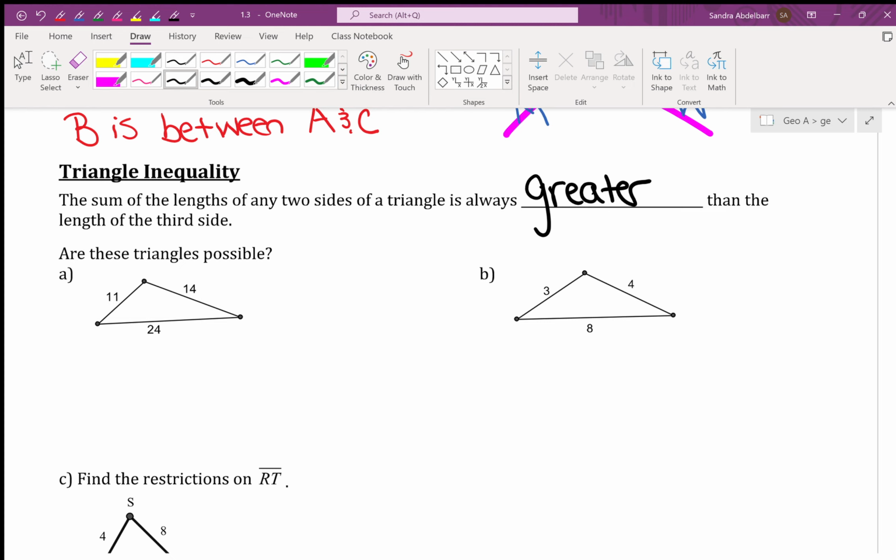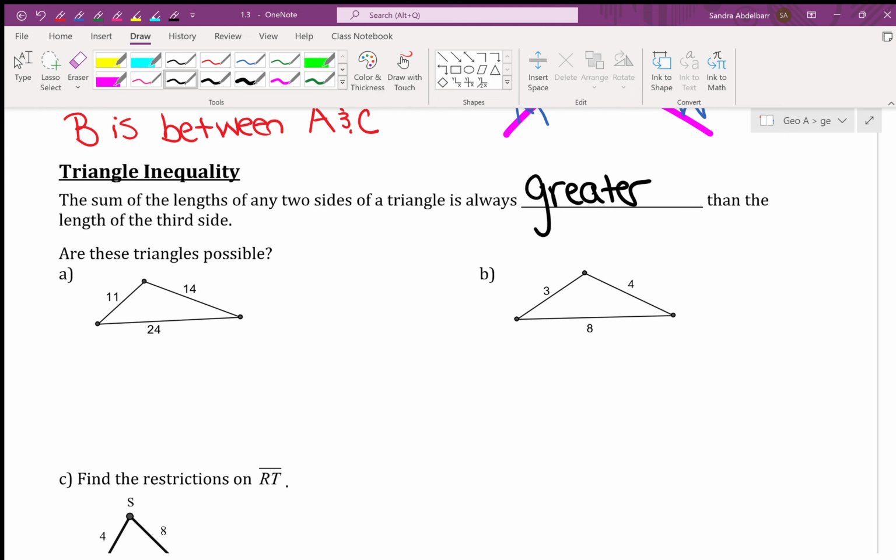So that's what this inequality theorem is telling us. It's telling us that in order for these 3 pieces of spaghetti to fit together and make a perfect looking triangle without any gaps or overlaps, the sum of two lengths added together has to be bigger than the length of the third side. And as long as that criteria is met, then those pieces of spaghetti will fit together